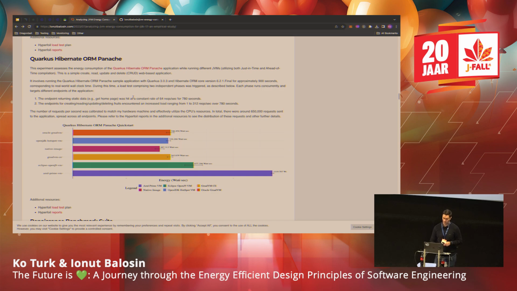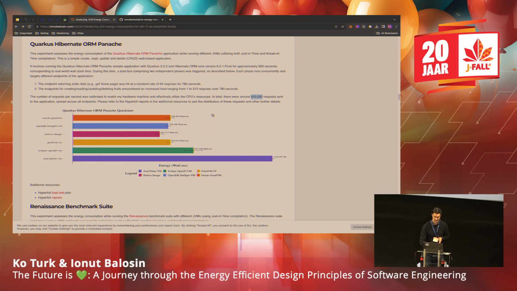And we triggered requests with a specific load, again for 15 minutes while the JVM was running. In total, there were around 650,000 requests. And these were the results that we came up with.